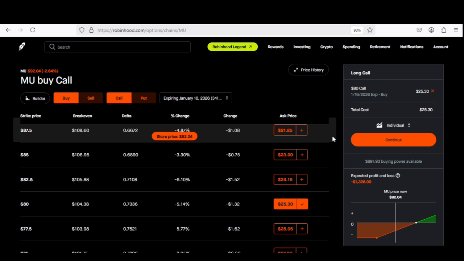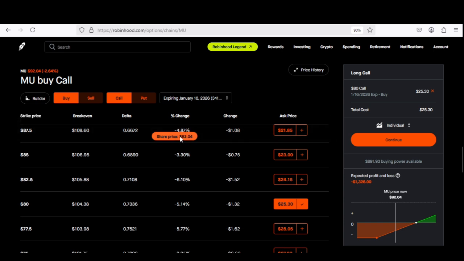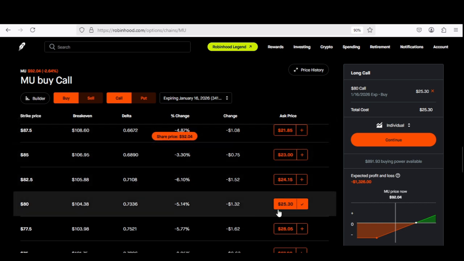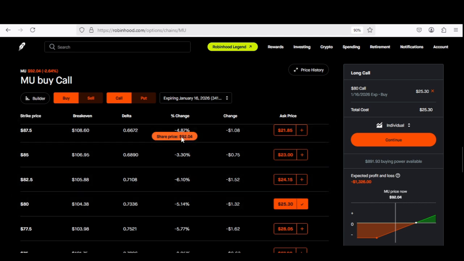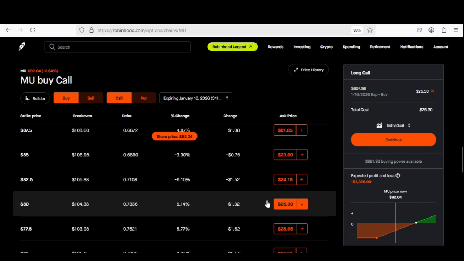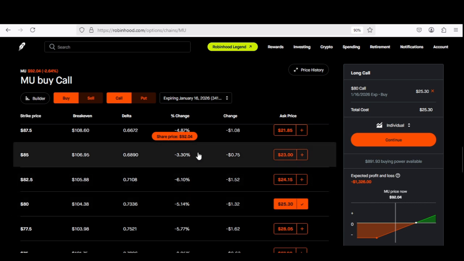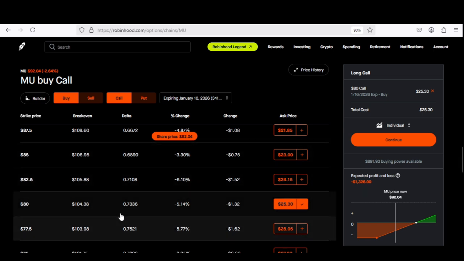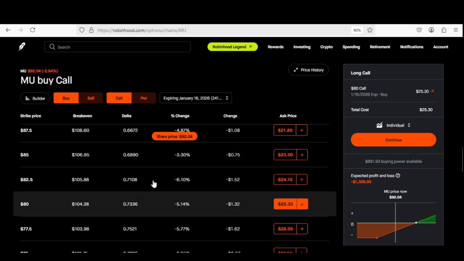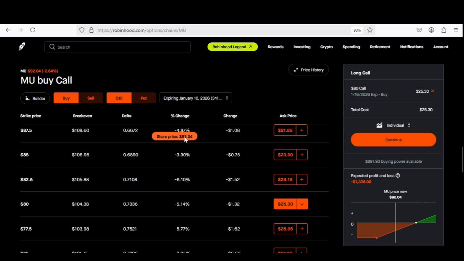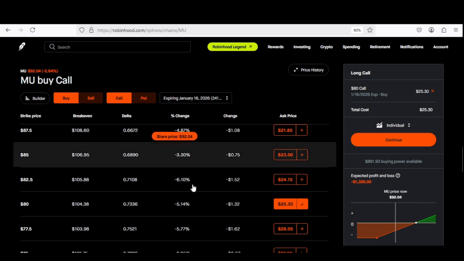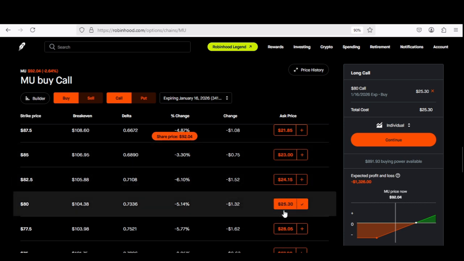If you were to purchase a LEAPS option at the $92 share price and you paid $25.30 for that, if the share price were to go up by just $1, then your overall option contract is going to go up by whatever the delta is. And don't worry, I'm going to go ahead and show you that right now. So the delta for this strike price is going to be 0.73. So if the share price of Micron goes up $1 to now $93, then this contract is now going to be worth